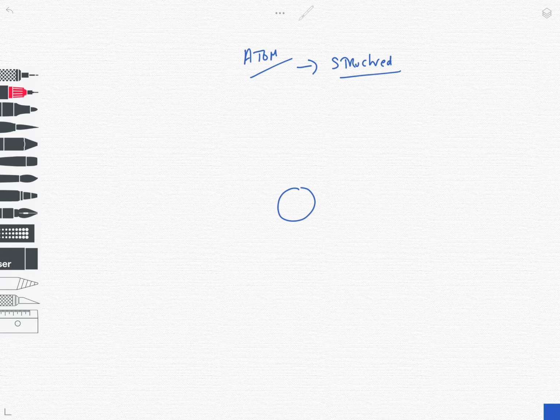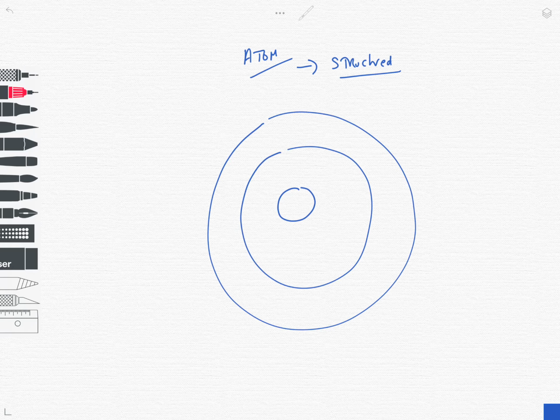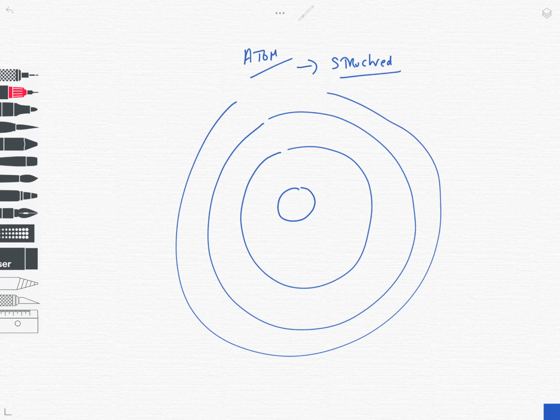Okay, so we're back to our concept of the atom, and what we're going to have a look at today is actually how it is structured. So these little videos are going to be useful for revision. So if we're going to draw an atom, we can draw the very basic form of atom that was developed